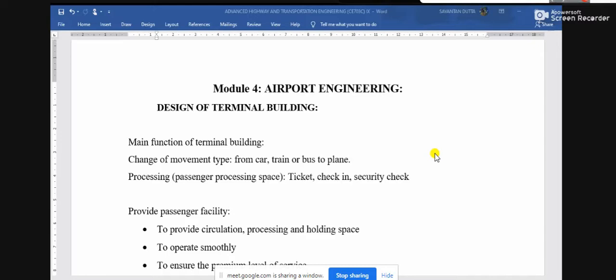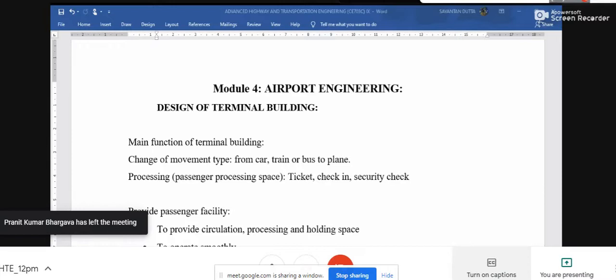That front side building is the terminal building, and this is the connection between the land side portion, that is if someone is traveling through vehicles or train or bus maybe, and the airside portion of the airport.